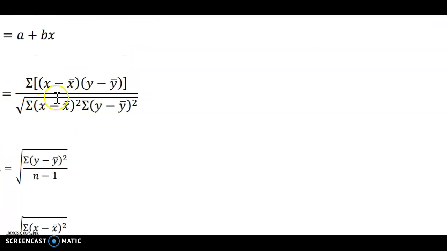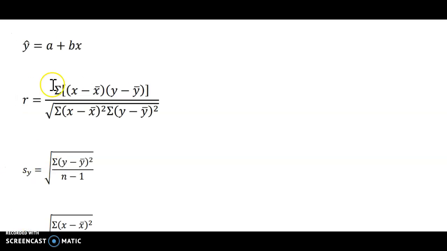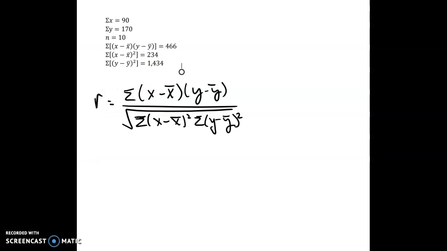Okay, so here is the correlation coefficient right here. So that's the formula I need to use to find our first answer. Okay, so I need to find the summation of x minus x bar times y minus y bar, and that is equal to 466. Okay, divided by the square root of the summation of x minus x